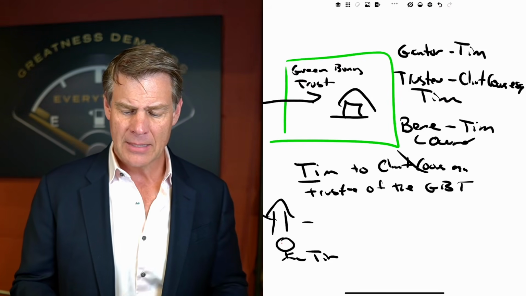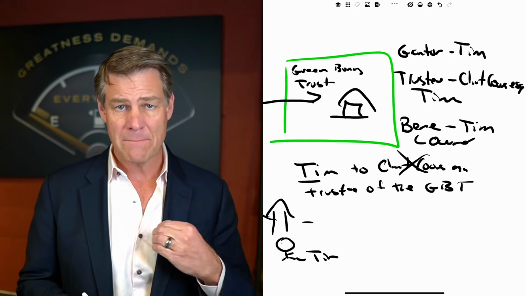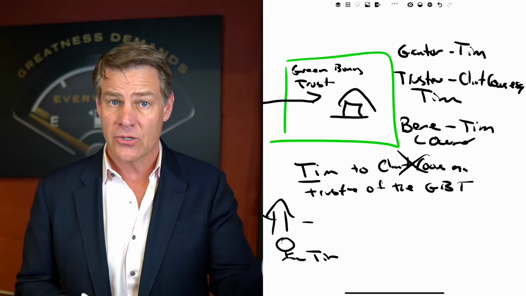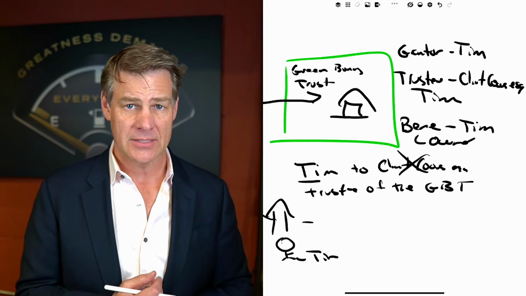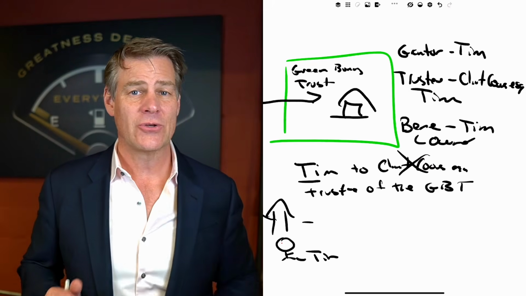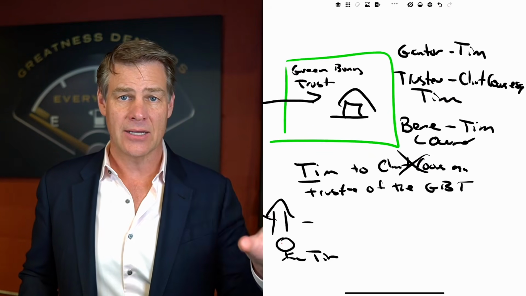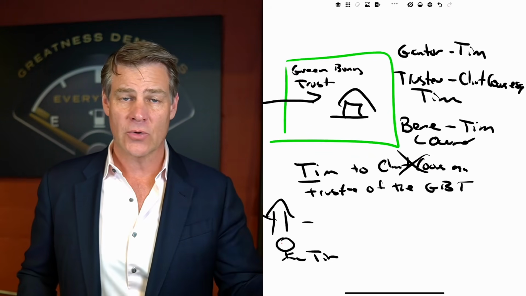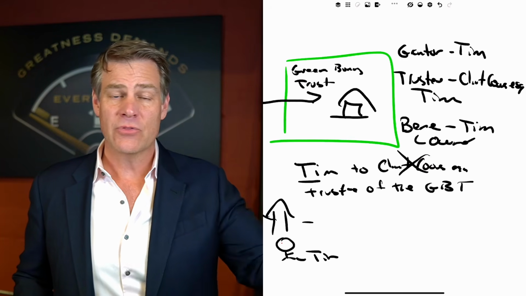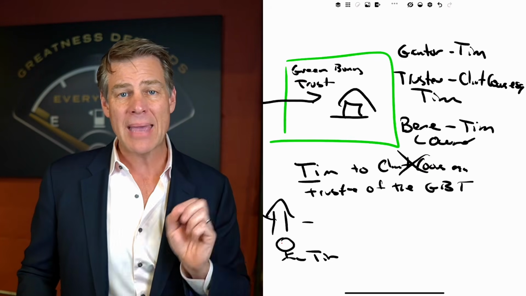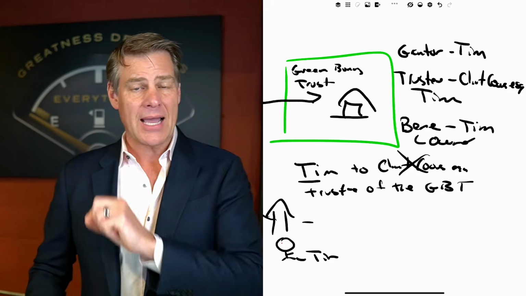Now, here's the thing. When I resign my position, that transition from me to you as the client, or Tim, that's private. No one knows about this. So even though my name's still listed on title, Clint Coons, trustee of the Green Bunny Trust, they don't know that I resigned. When I say they, any third party that's looking at title, they make an assumption that I am still involved